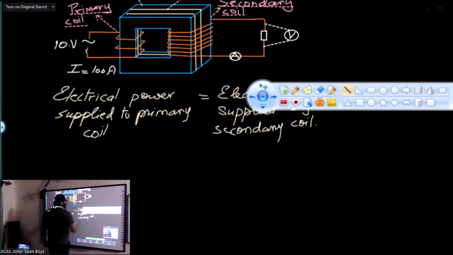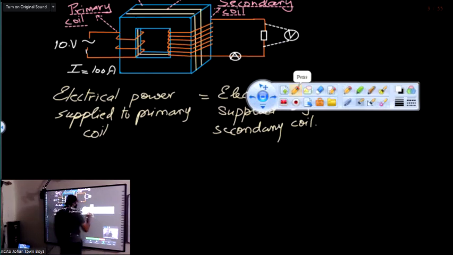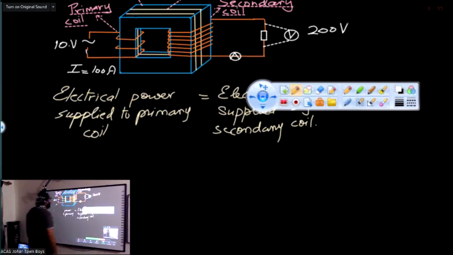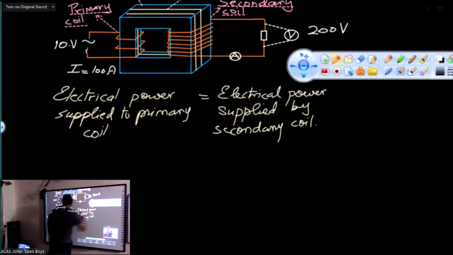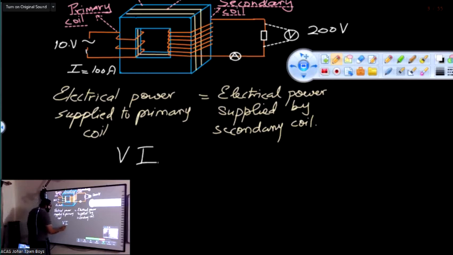ओके, अब जब मैंने यहाँ पे वोल्टमीटर और एमीटर कनेक्ट किए, तो इस साइड पे जो पोटेंशियल डिफरेंस आ रहा है, let's consider it as 200 वोल्ट्स। अब देखें, कहां मेरे पास 10 वोल्ट्स था और उसे मैंने इंक्रीज कर दिया 200 वोल्ट्स पे। लेकिन अब यहाँ पॉइंट समझने वाला है, अगर मैं इलेक्ट्रिकल पावर सप्लाइड की बात करता हूं तो वो यहाँ पे आती है VI।